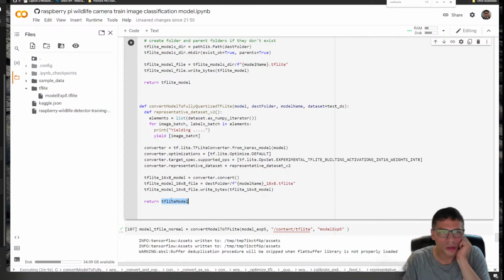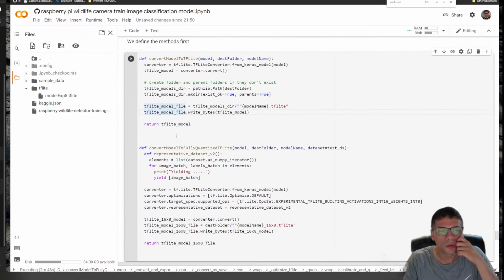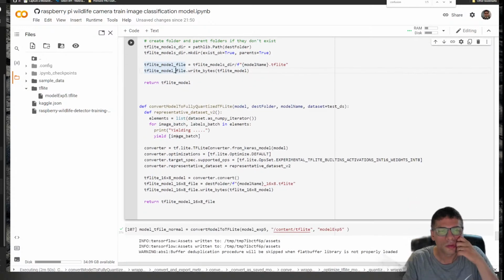So instead of returning the TFLite model, I can return this. We have to